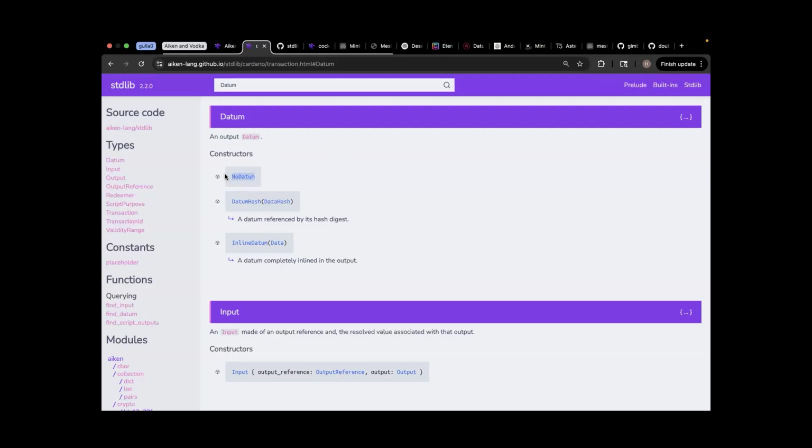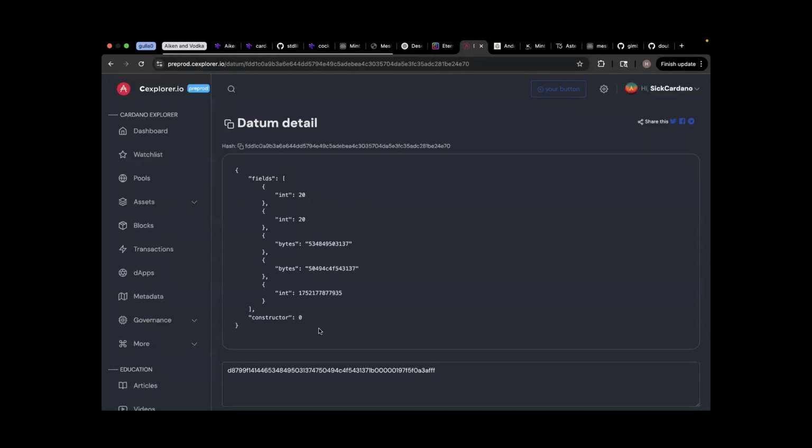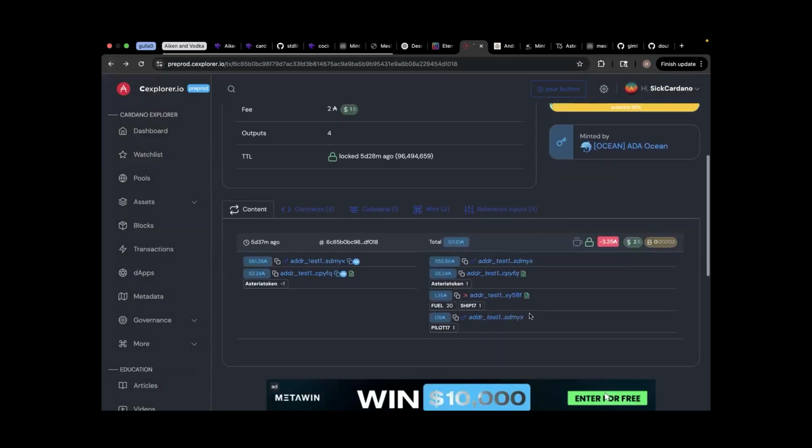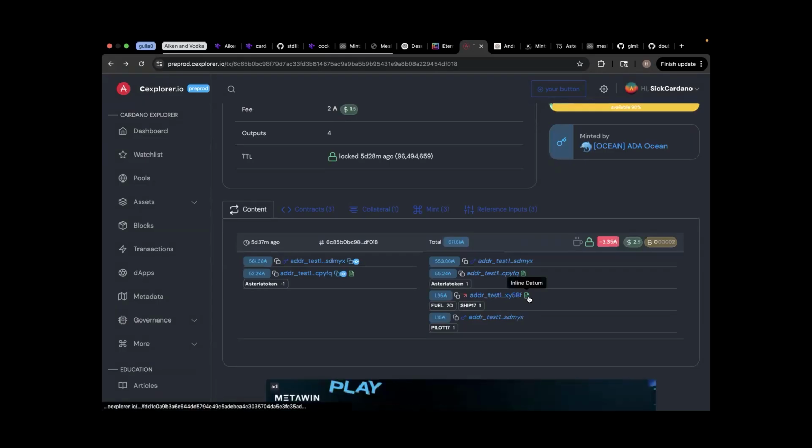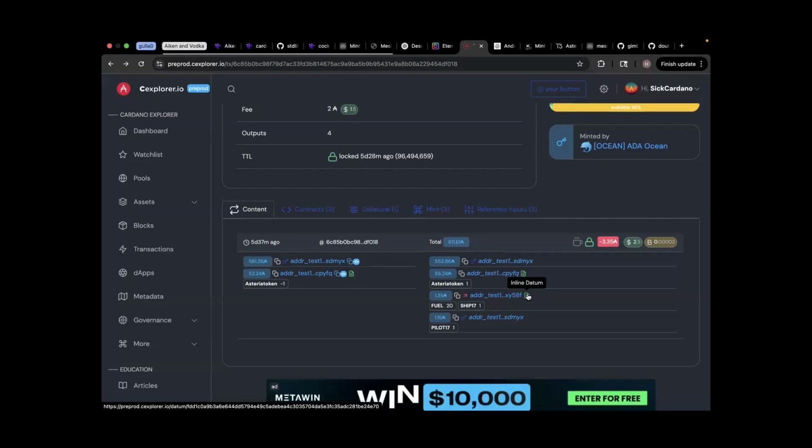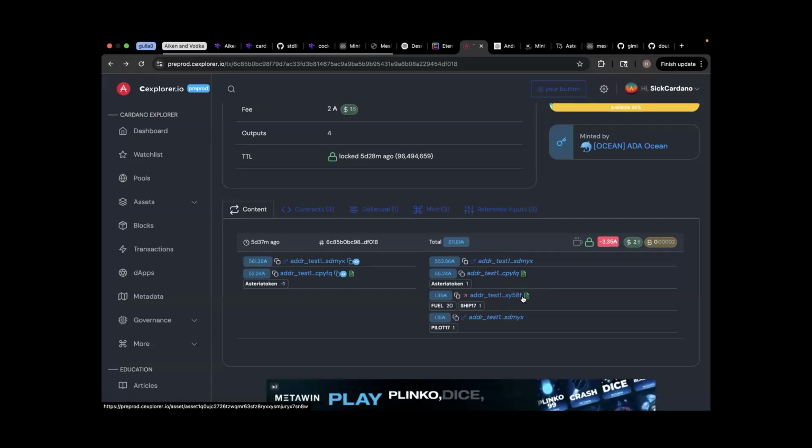The UTXO can either have no datum in it, it can have a hash of a datum, or it can have inline datum. So inline datum is data. For example, this is inline datum right here. You see this? That means you can actually read the value of the datum directly from that